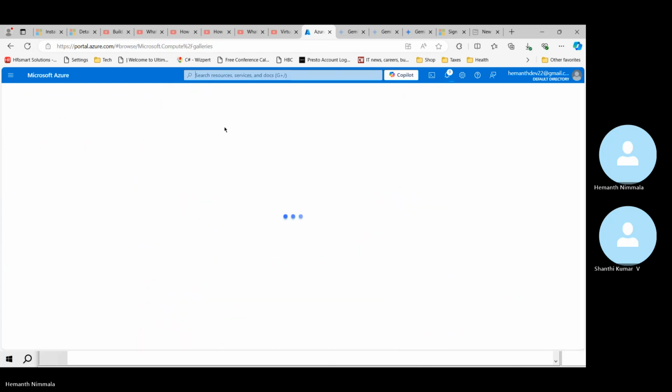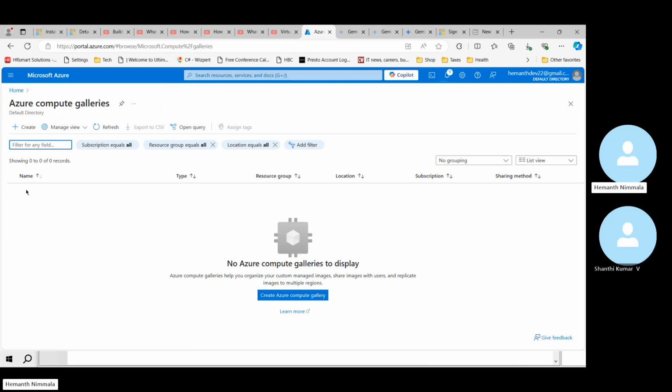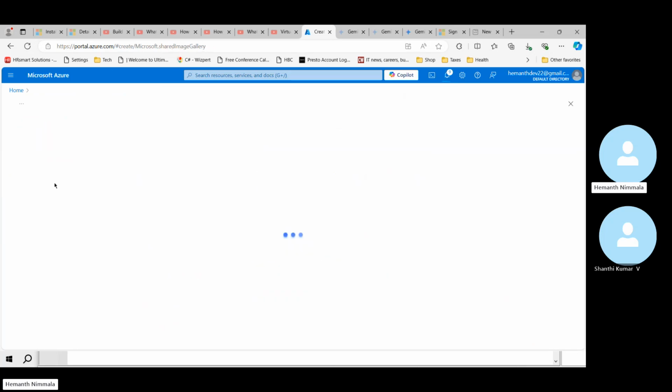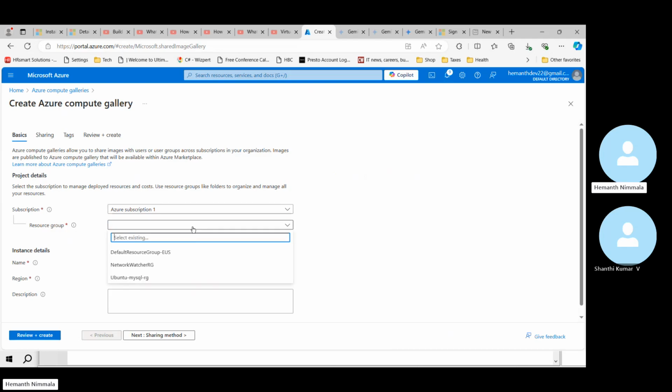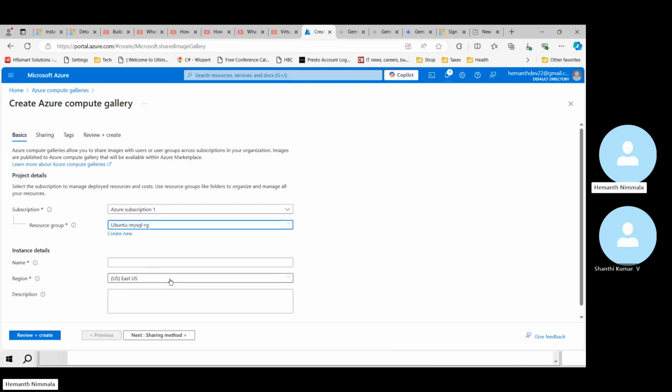Okay. So let's create one gallery for this. I'm going to pick the same resource group, which is Ubuntu MySQL RG. For the name, this is out of our Ubuntu virtual machine, so I'll say Ubuntu and